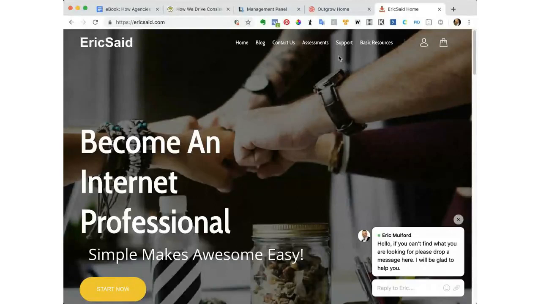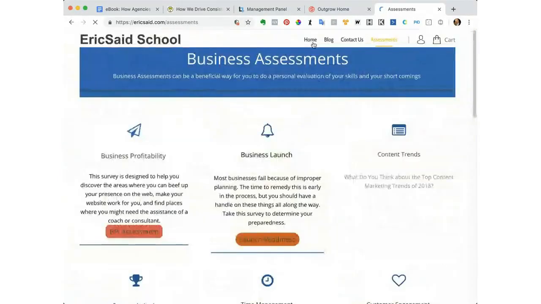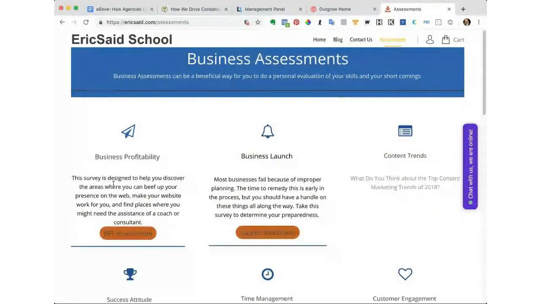So this is the site. Let me show you what the assessments look like here. All right. So I have this squeezed together a little bit, and it fits better like that. But here we go. Okay. This is